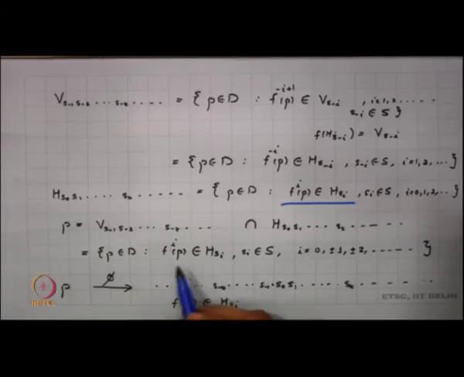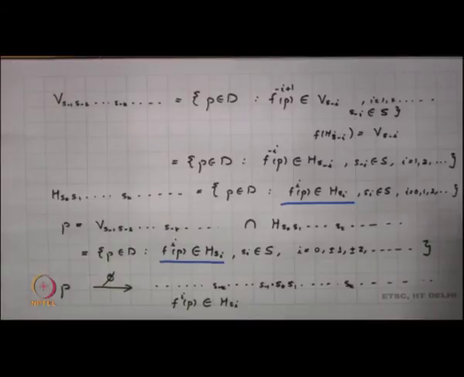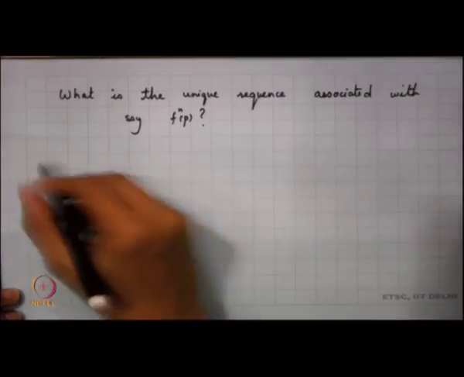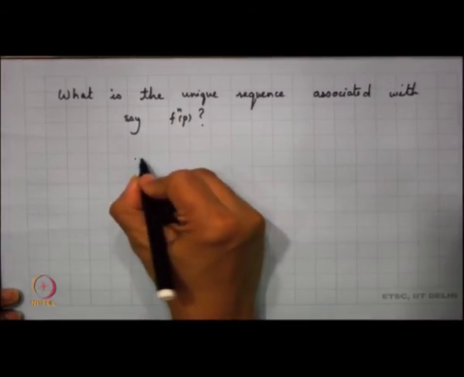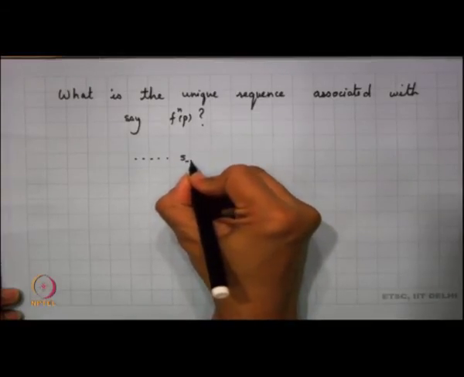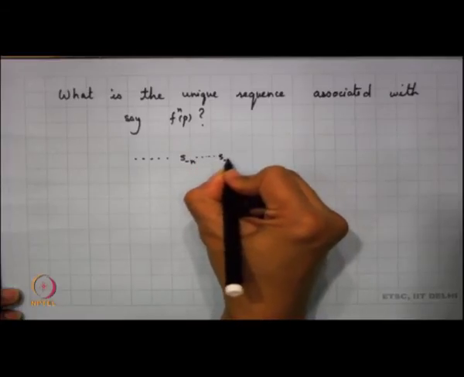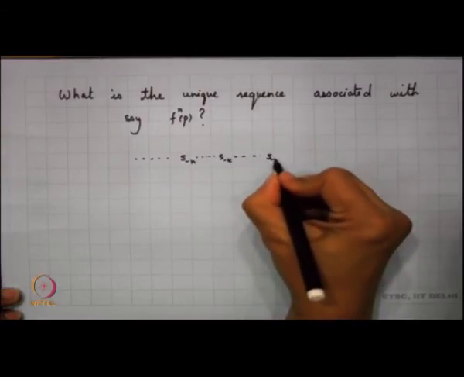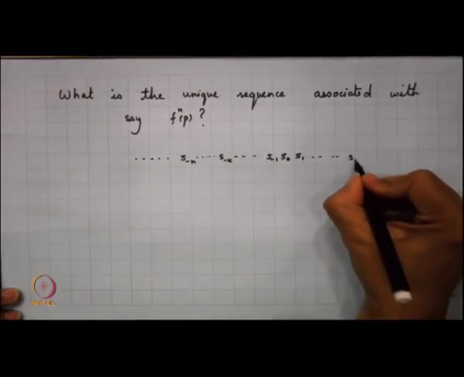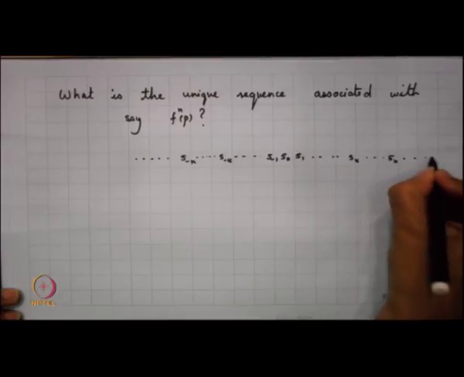Again I can say that it belongs to H of S minus n in that sense, if n is negative. So, in all cases I have that my association is given in this particular manner, and so when I am looking into this particular sequence, let me write this sequence: S minus n, S minus k, S minus 1, S0, S1, Sk, Sn and so on.